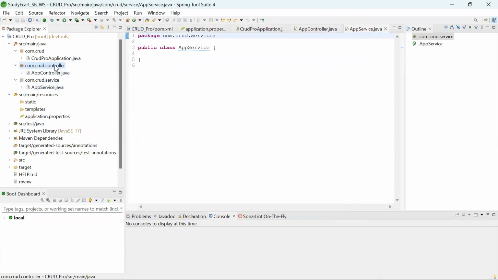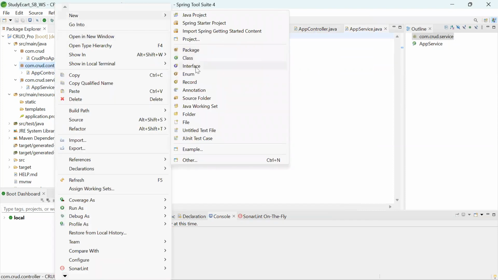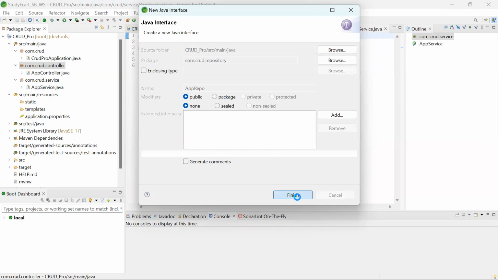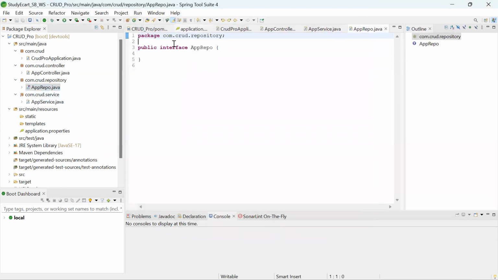After that, I want to create one more, an interface. It is because I want to add some repository features from the already predefined repositories. From there to here, I want to import now. So that's why I want to create the repository as an interface here. Okay, so I can say AppRepo, and this one will be under the repository package. Fine, I just finish here, and I want to annotate this one as a repository